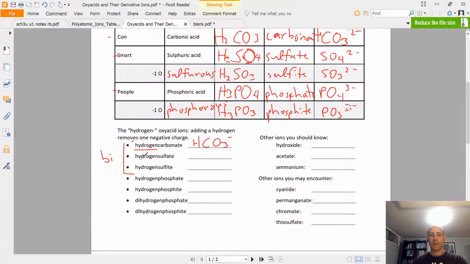Okay, let's look at the next one, hydrogen sulfate. So the sulfate ion is SO4 with a 2 minus charge, but if it only lost one hydrogen, it would be HSO4 with a 1 negative charge. And that's because it's only lost one hydrogen. Hydrogen sulfite, well, we already know the sulfite ion. Here it is. So if it only loses one hydrogen, it's HSO3